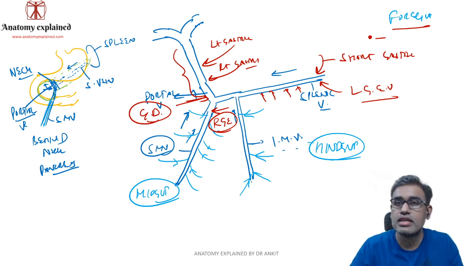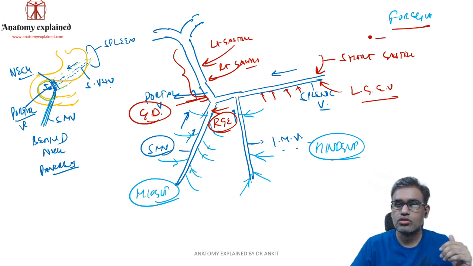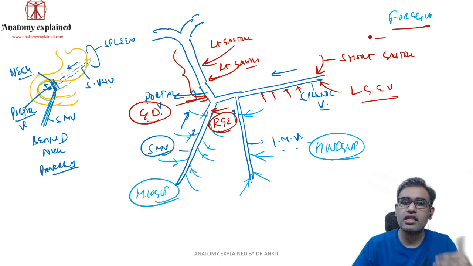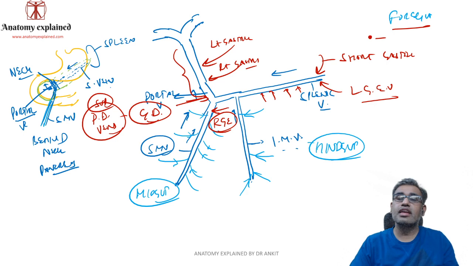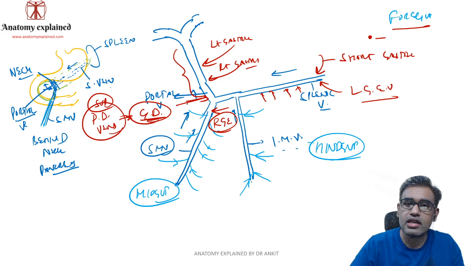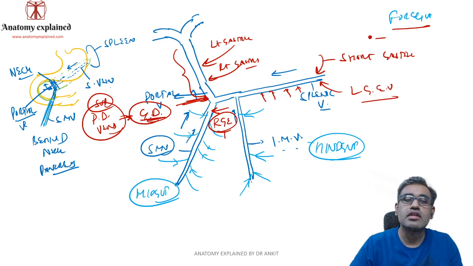I am telling you the relevant veins of the celiac trunk. So we had this common hepatic artery, which gave off the gastroduodenal, the right gastroepiploic and the superior and inferior pancreaticoduodenal arteries. As the gastroduodenal vein enters the portal vein, along with it the pancreaticoduodenal veins, which also form the pancreaticoduodenal vascular arcades, will also drain with the gastroduodenal into the portal vein only. So the right gastroepiploic vein drains into the SMV, while the pancreaticoduodenal vein along with the gastroduodenal enters into the portal vein.